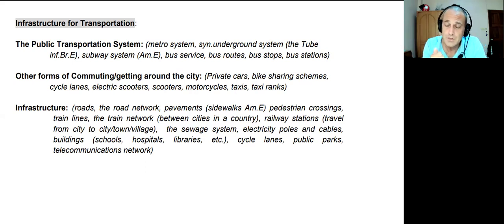When talking about the bus service, don't forget to mention the number of bus routes. So is there a comprehensive network of bus routes around the city for people to move around the city easily? On each route, are there frequent buses? So does the passenger have to wait a long time for each bus on each route, or do they come very frequently? So for example, if I'm taking bus route 68 from the center to a district, do